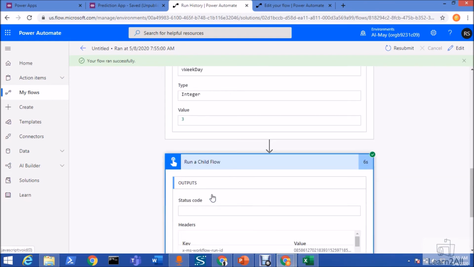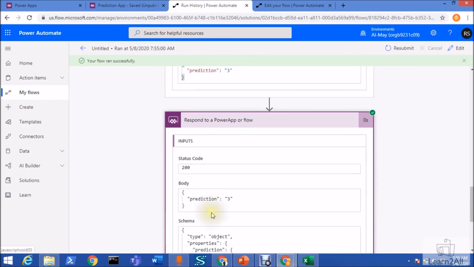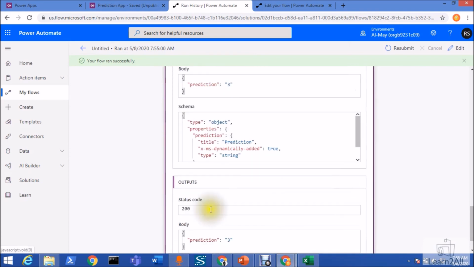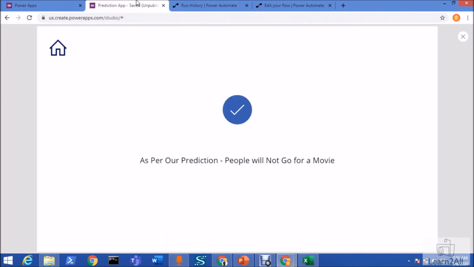Then it is calling my child flow, and from the child flow a prediction is returned as 3. You can see that this is my body, and this is the name of my variable that is to be written, so that's why I need prediction dot prediction in my result. It is returning a 3. 3 means not go for a movie.